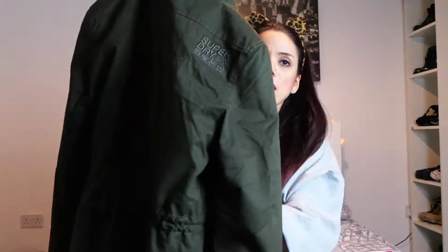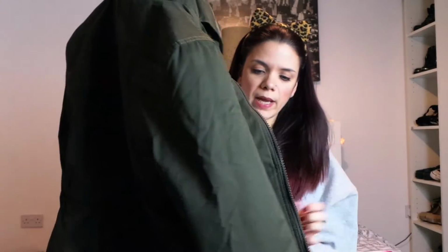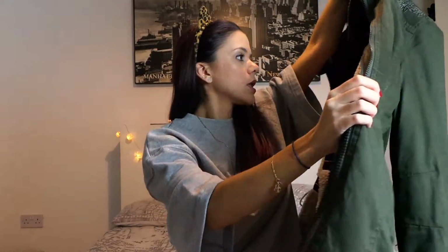This is my Superdry wind parka, and this is going to be really difficult for me to show you. So it's just the khaki green parka, which is quite long. It kind of cinches in at the waist to give you a bit more shape, which is just there with a little toggle that you can pull in. Extremely warm because the inside is literally lined with this weird sheep feeling kind of material,